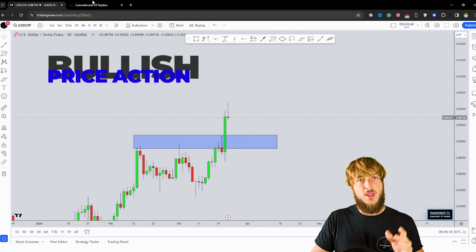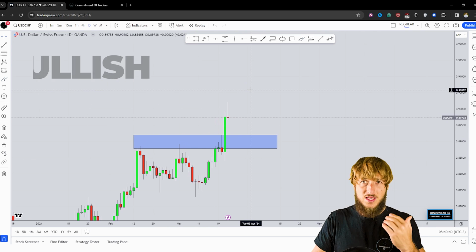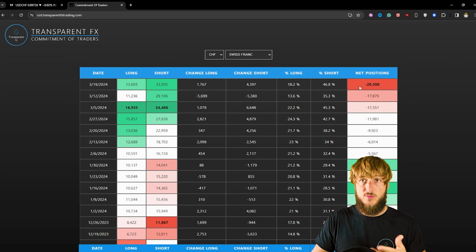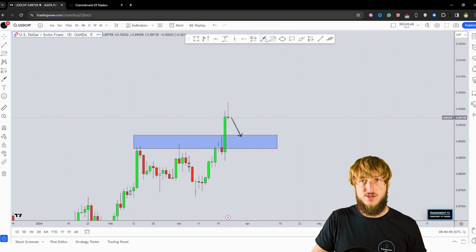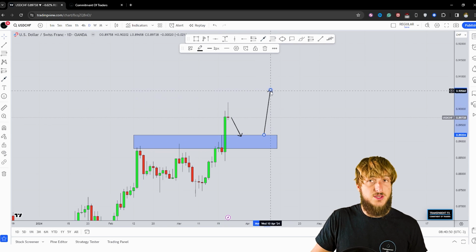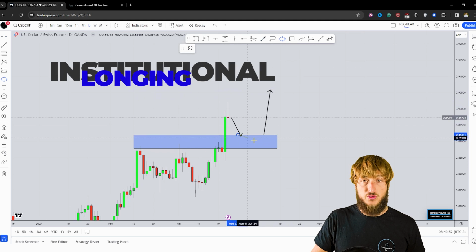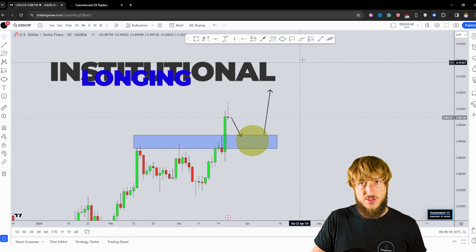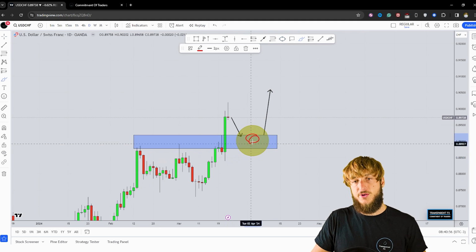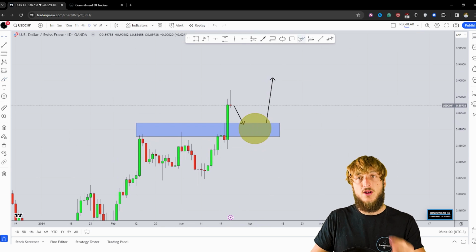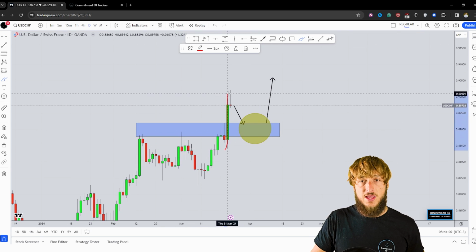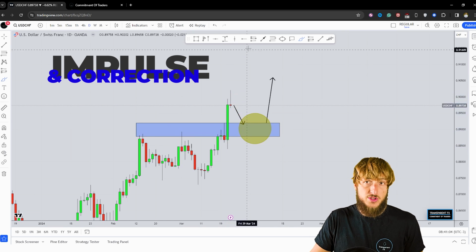to the upside. Now, keep in mind that from an institutional perspective, institutions have been shorting the CHF. Inside of a level of previous resistance turned support, we could expect to see even more institutional shorting of the CHF, so longing of USDCHF, which would further increase the probabilities of a potential push higher away from the zone. And we can also notice that since we have an impulse and we would be measuring the correction,